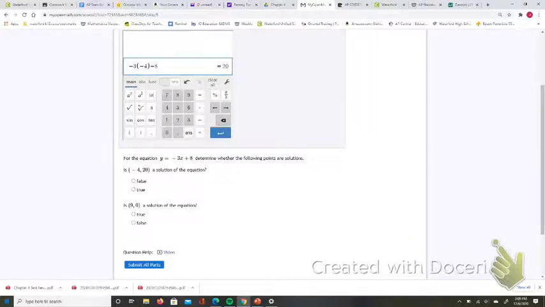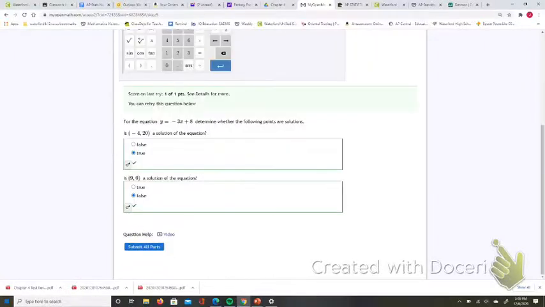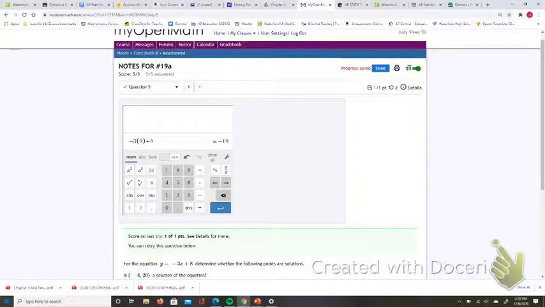20's right. True. Okay, now our next point is 9, 0. So we want to substitute 9 for the x. So we're going to backspace over the negative 4 and put 9. And our answer in the calculator comes out negative 19. Okay, if we look, notice we wanted to get 0. So no, that doesn't work. It's false. And that is it. And we submit, and we are done, and we are ready to do homework